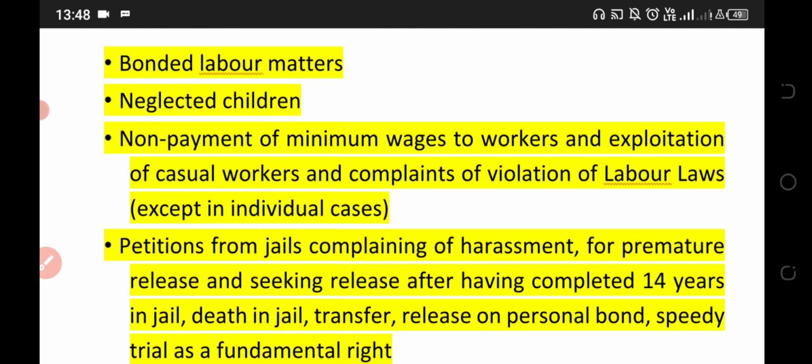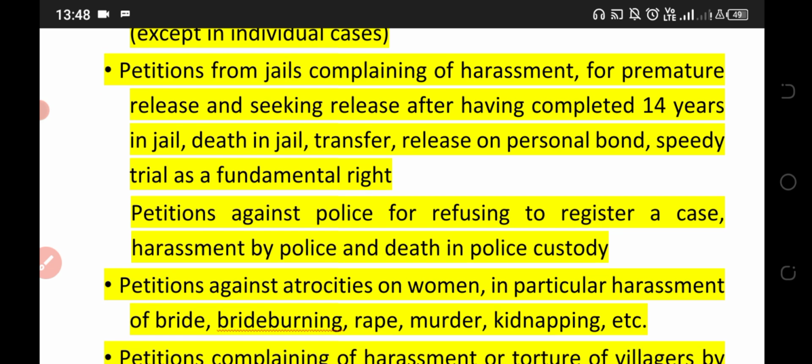Bonded labor matters, neglected children, non-payment of minimum wages to workers, exploitation of casual workers, and complaints of violation of the labor laws, except in individual cases. Petition from jail complaining of harassment, seeking premature release after having completed 14 years in jail, death in jail, transfer, release on personal bond,